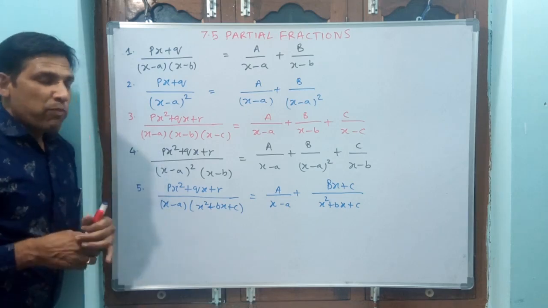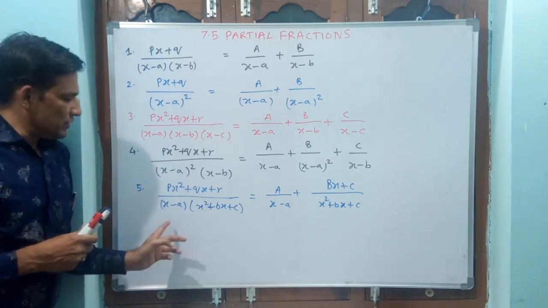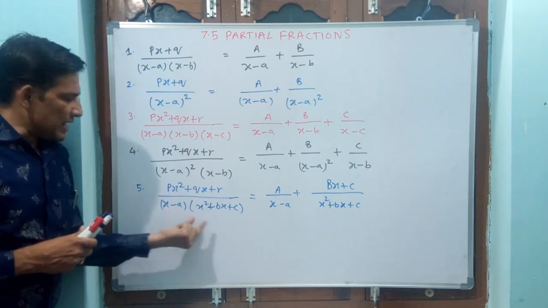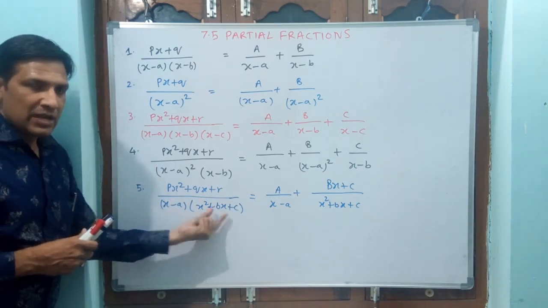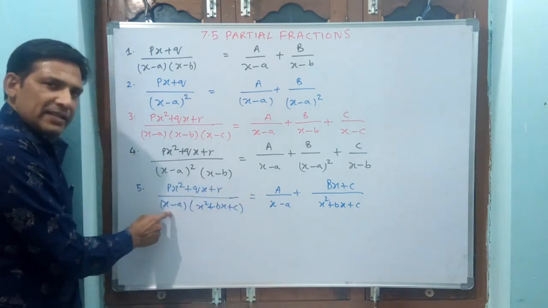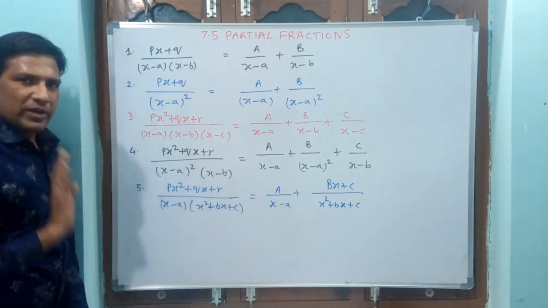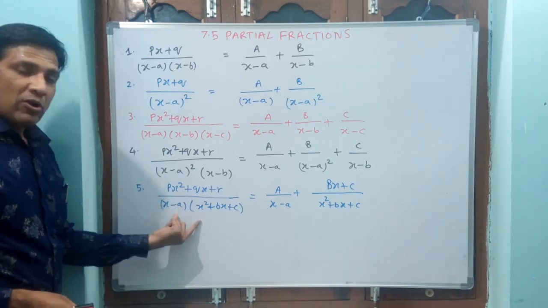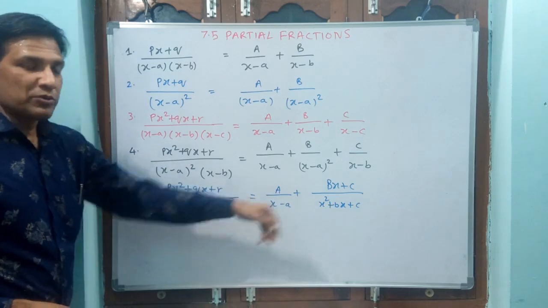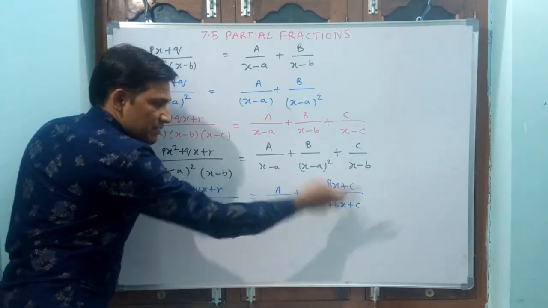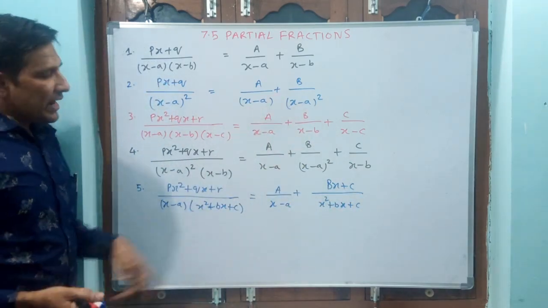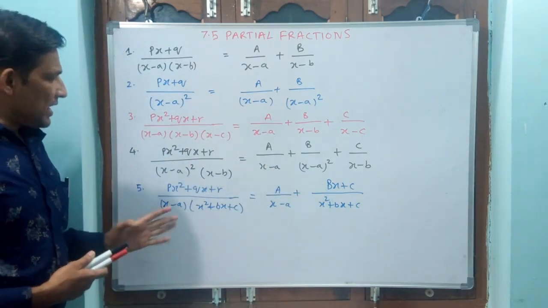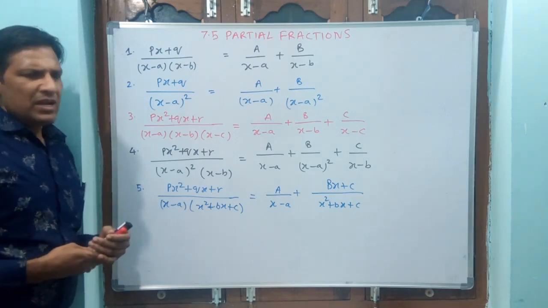Okay, what if partially you are able to make factorization? You see here, quadratic by cubic, but one factor has come out, but another one is not able to make any factorization. At that time, you see, one factor is over, then a by x minus a, you write it. Okay, and see here, quadratic by cubic is there, but because of cubic you are not going to split this 3 times. But you see, bx plus c by x square plus bx plus c. Again, linear by quadratic. Linear by quadratic. Like this, you have to tackle these questions. Okay, see,